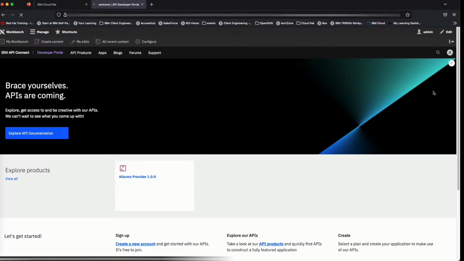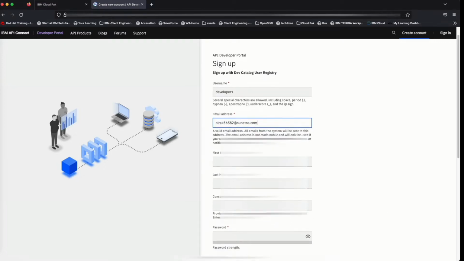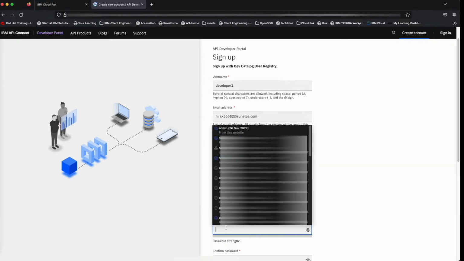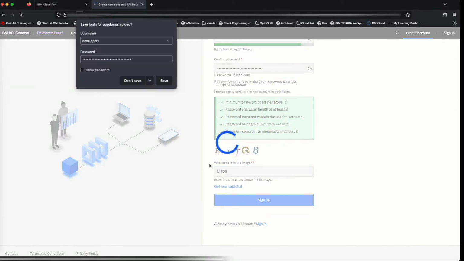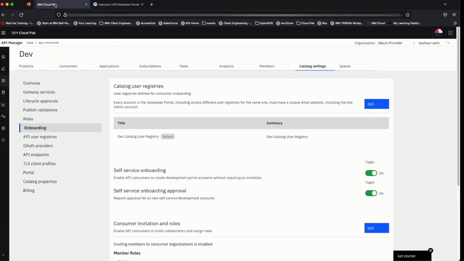to create a new developer. So now the account is created successfully and it's pending approval. Let's go back to the